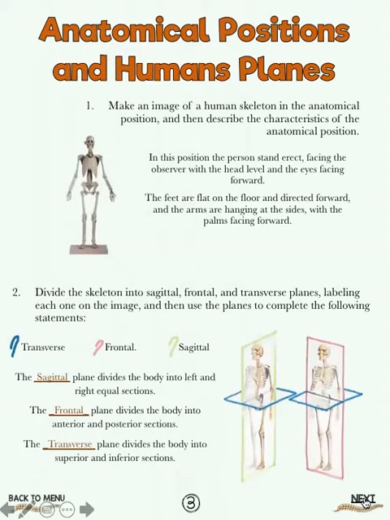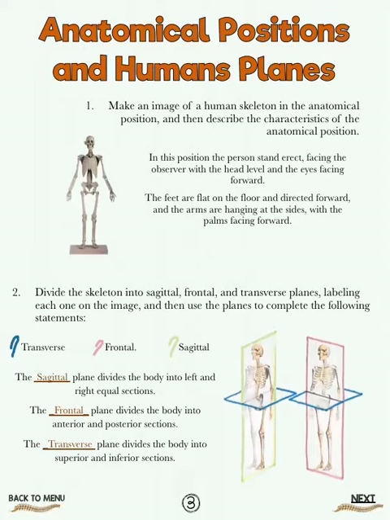Anatomical terms. Anatomy is the science that studies body structure and the relationship among them. And the following is what we are about to see. In here we have an image of the human skeleton in the anatomical position. In this position, the person stands erect, facing the observer with the head level and eyes facing forward. The feet are flat on the floor and direct forward, and the arms are hanging on the sides with the